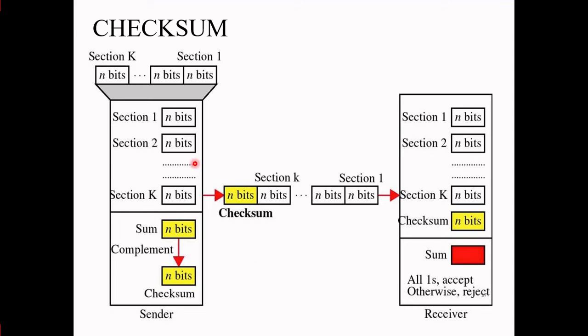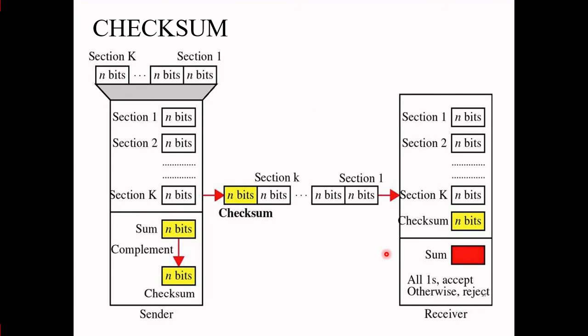This is the checksum. Here we have n bits and we divide them section-wise, and after that we take the addition of these sections, and we get the answer of this sum. So we have to complement this sum at the sender side. Now I send this checksum answer to the receiver side. At the receiver side we have to proceed with the same procedure, n-bit addition. Here we get the checksum, and this answer we have to check. If all ones, then it is accepted, otherwise it is rejected.